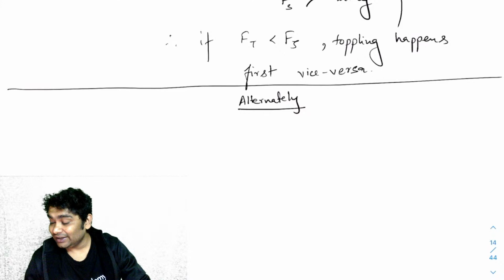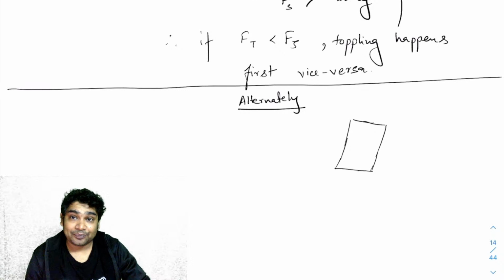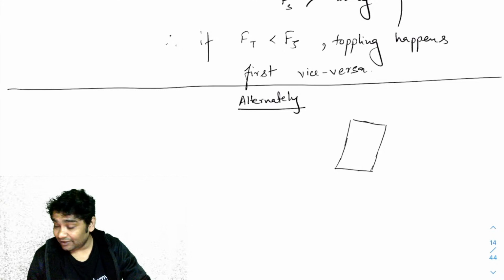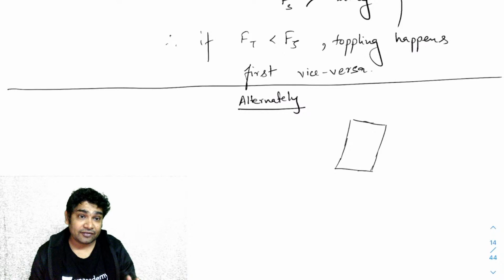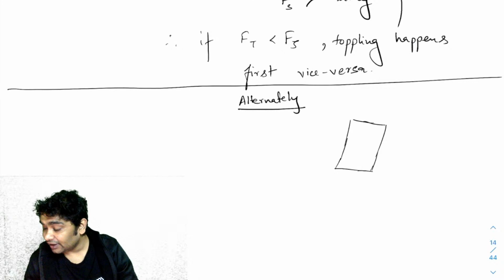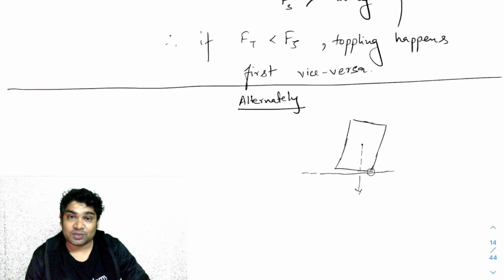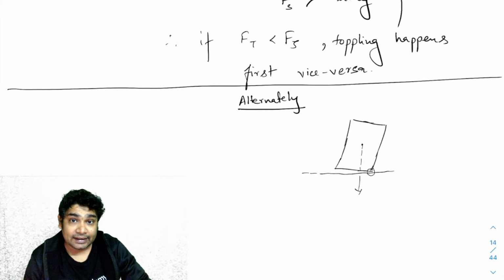As I've shown in the introduction figure, when the object is becoming like this, when will toppling happen? Toppling will happen if you're simply asked the angle at which the object will topple. If you're lifting it like this, for calculating the angle, what you can say is that if the angle is such that the mg passes right from this point, now any angle greater than that would cause